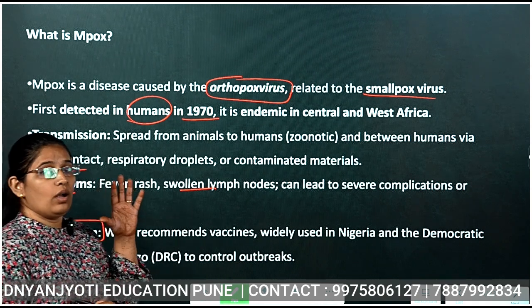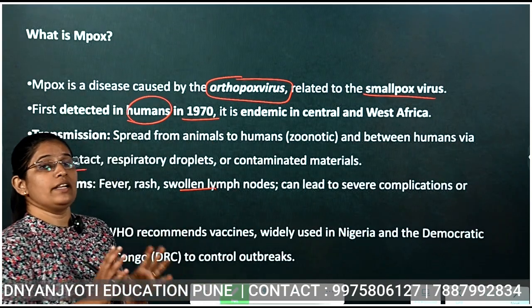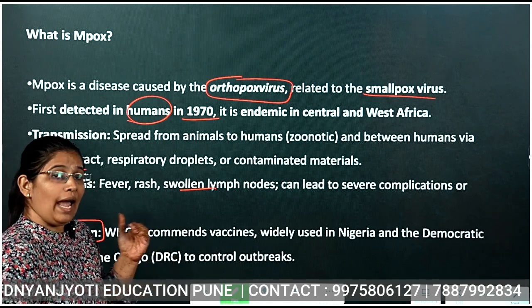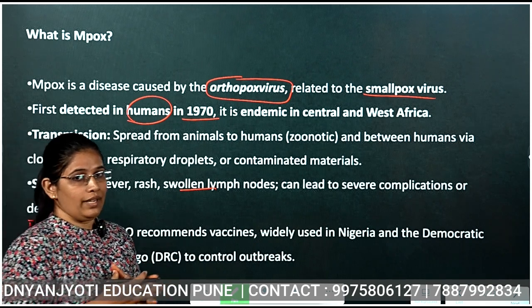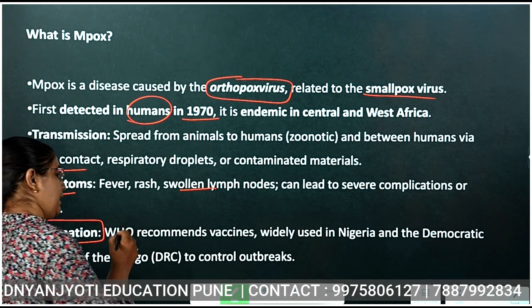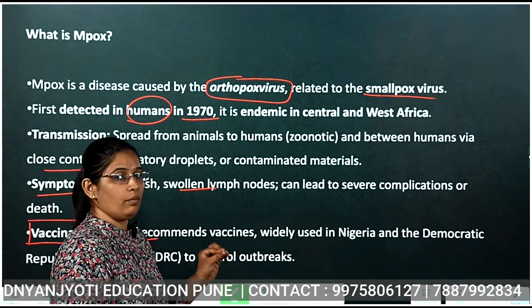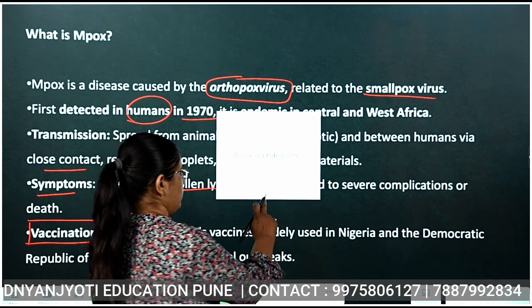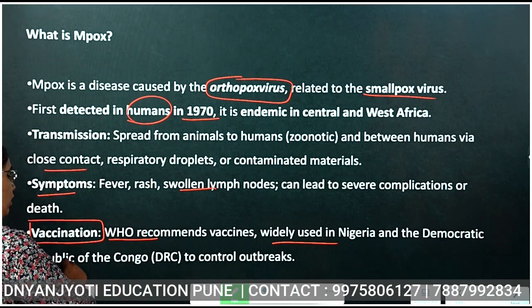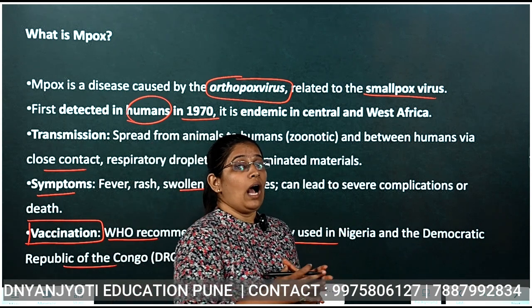We have seen that Mpox is a disease caused by the orthopoxvirus, which was detected in 1917 in Central and West Africa. We have also seen the symptoms and that this disease is a zoonotic disease. When we come to the vaccination part, the World Health Organization, that is WHO, is recommending small Mpox vaccines to the region in Nigeria, Democratic Republic of Congo, and other countries